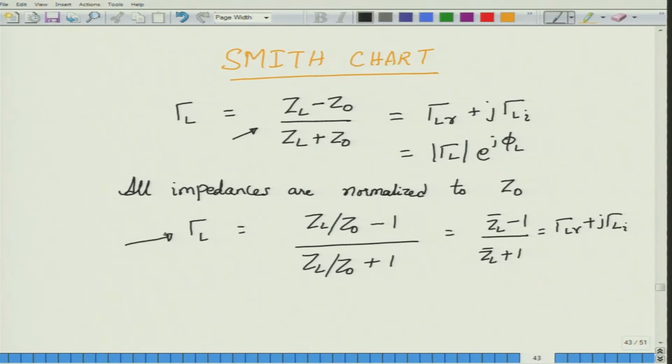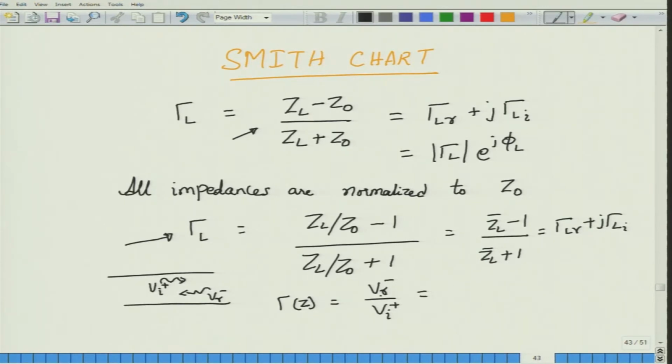This is the load reflection coefficient, but on a transmission line there is an incident wave propagating along the positive z direction, from source to the load, and then there is a reflected wave propagating backwards. We can define the reflection coefficient at any point z along the transmission line by calculating the ratio of the reflected voltage to the forward going voltage. So Vi plus would be the forward going voltage, and Vr minus would be the reverse going or backward travelling voltage. What are these expressions?